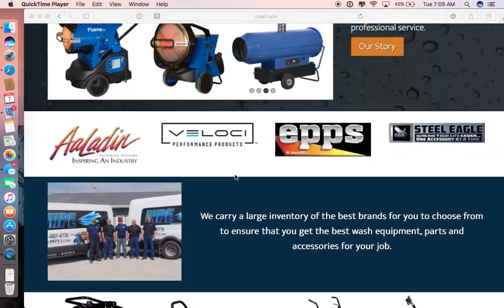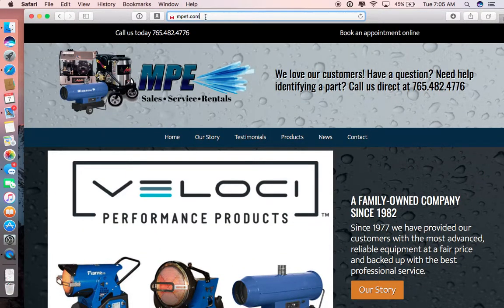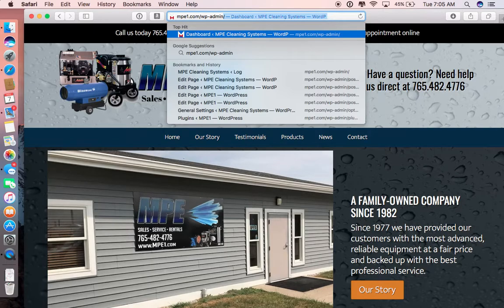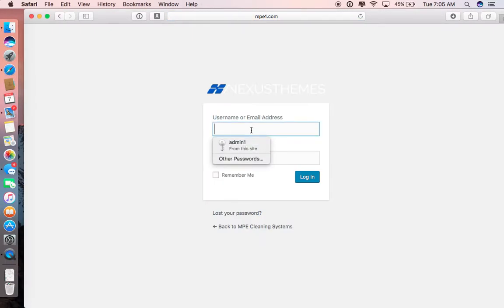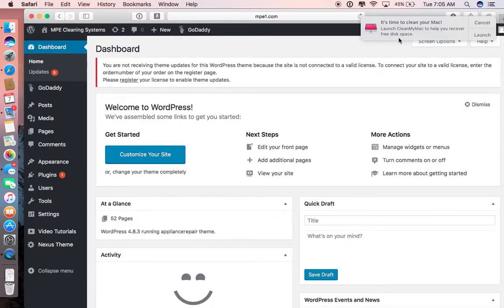So one of the first things we want to do is go in the back end here. Up here at the URL, I'm going to put /wp-admin. This gets me to the login screen here, and I will send you these directions on how to log in. And when you pop into the dashboard here, our main goal is to get back to the front